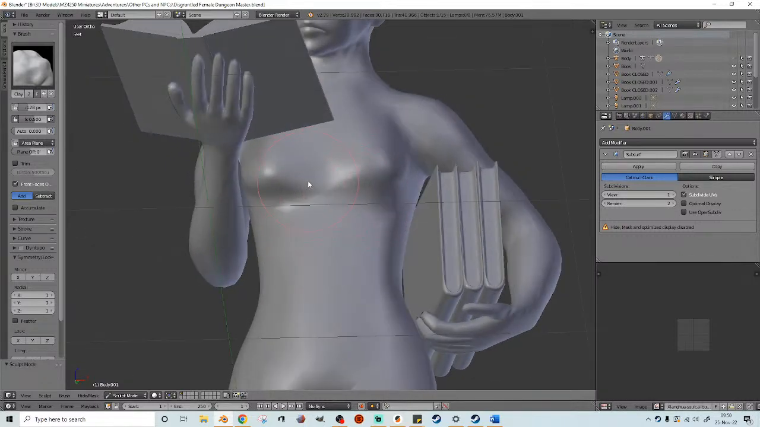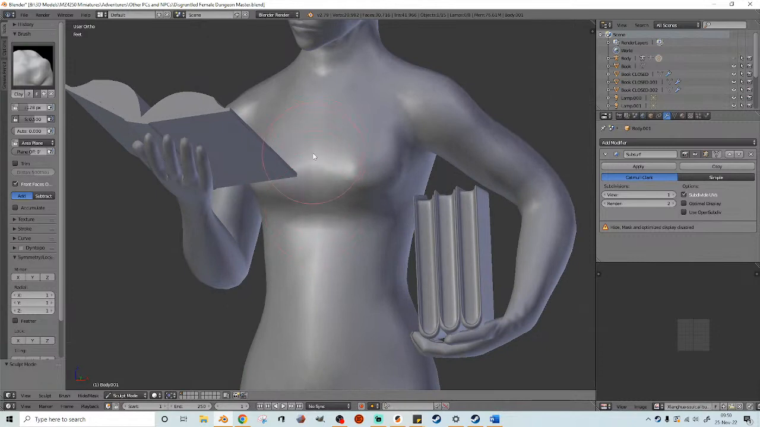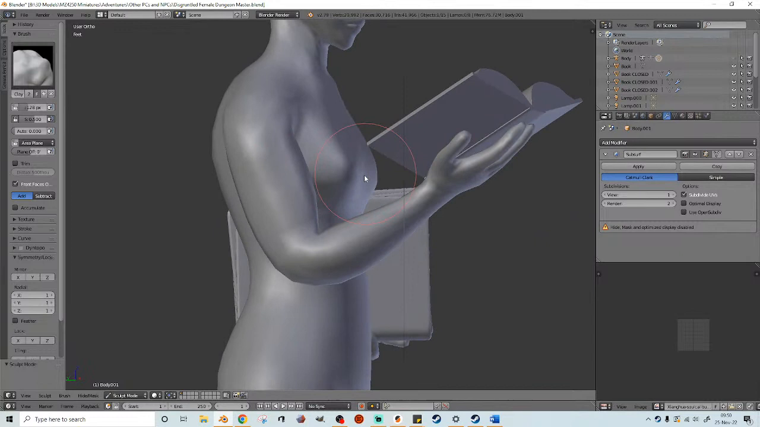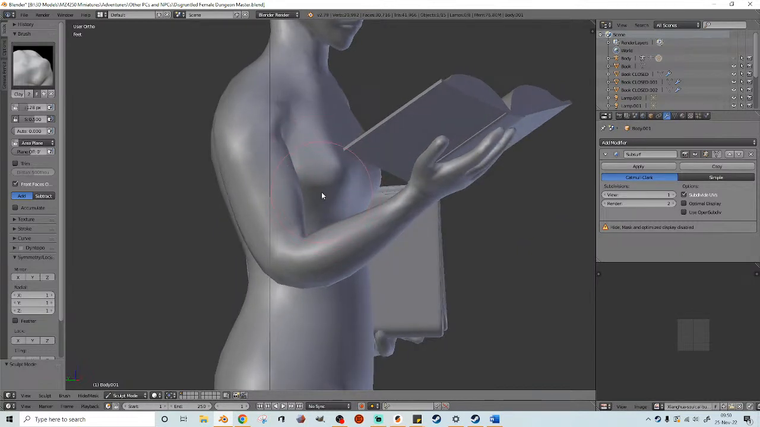Alright, so I'm gonna try to make this look less like boobs and more like, you know, I mean, maybe there's some boobs there, but it's more like it's covered in